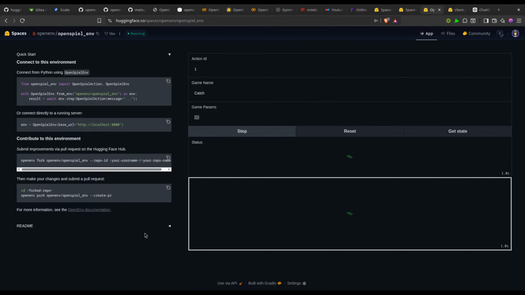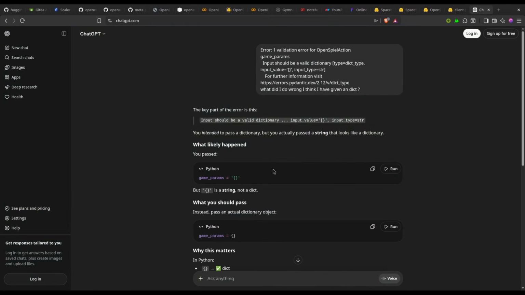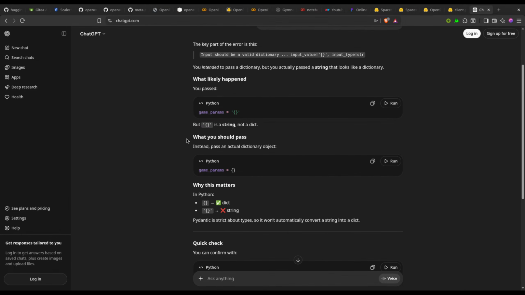Let's try to give it like this. Okay, does not work. It might work if you pass it like this, but this is a string, not a dictionary. Yeah, that is the problem. What you should be passing instead is an actual dictionary object.